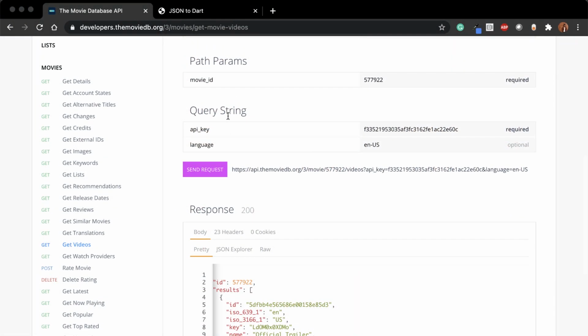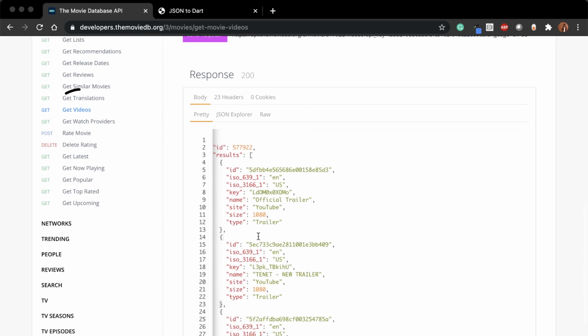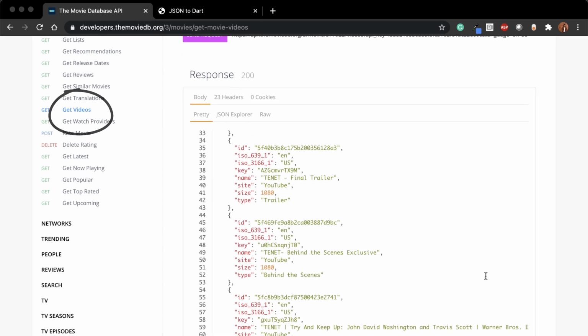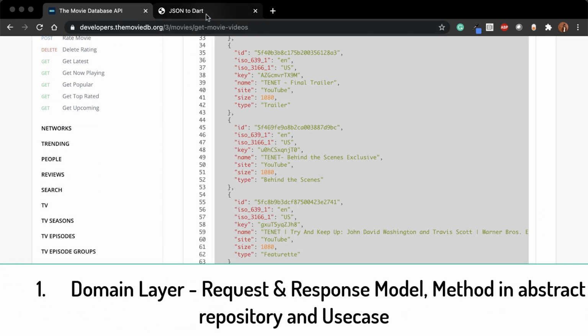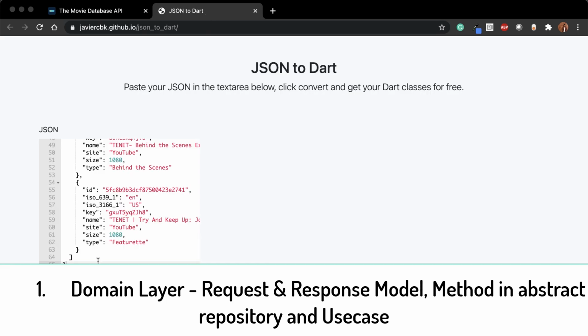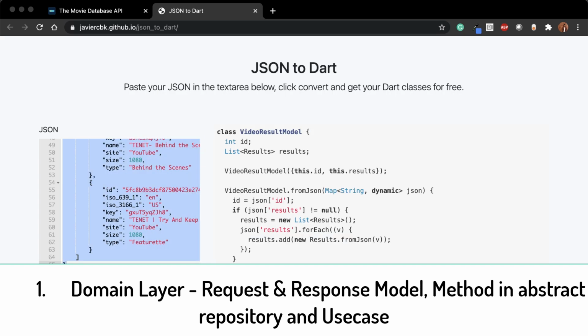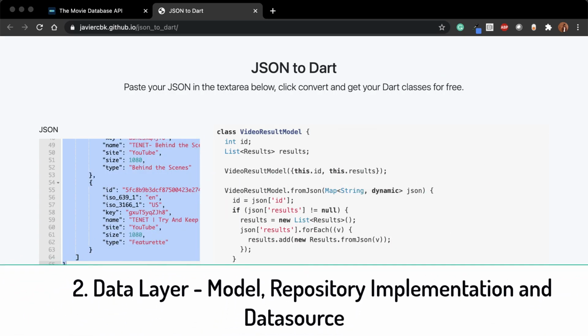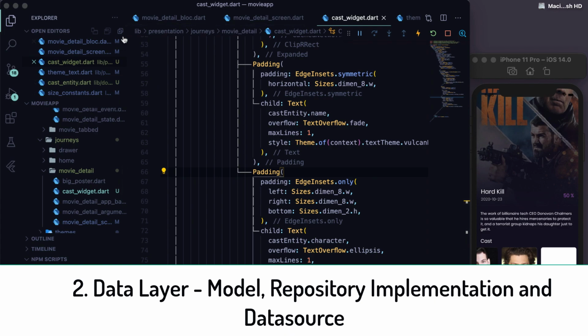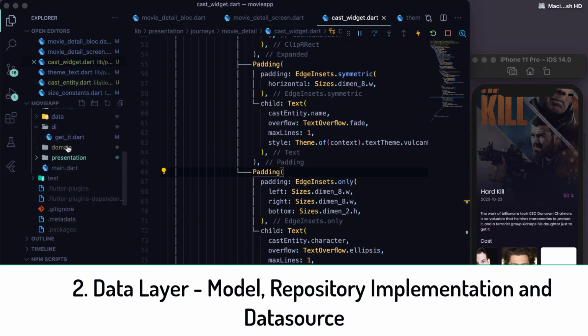Similar to what we did for cast, we will do for trailers also. These are the basic steps. Domain layer, create request and response models, method in abstract repository, and add the use case. Now to the data layer, create the model, do the repository implementation, and add the data source method.